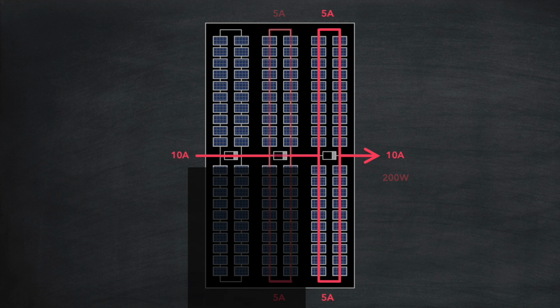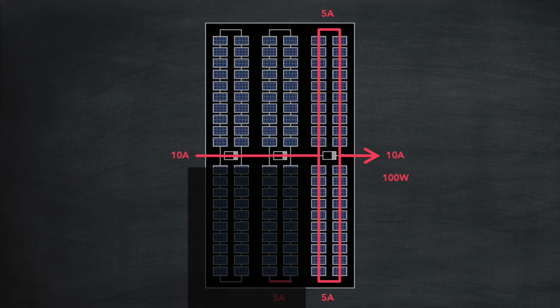Well, this is enough to cause the second bypass diode to kick in, and you guessed it, the 10 amps of current is rerouted away from the middle 2 substrings completely, resulting in a total power output of 100 watts. Again, the same as for the standard panel. By now you're probably thinking you've wasted your money on buying these half-cell panels, but here's where the magic comes